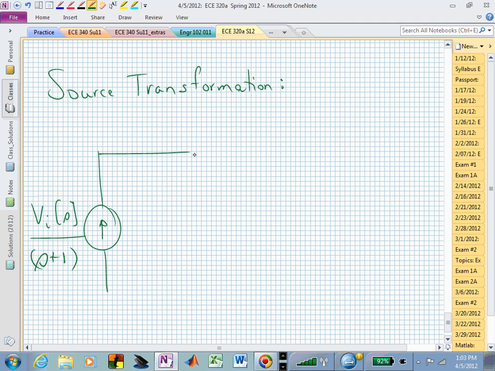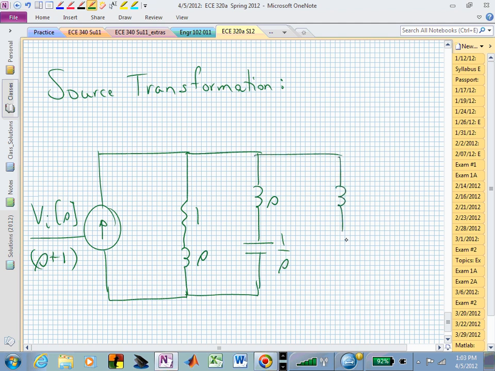Then we have that particular impedance. Here's the 1 and the s. Then we have this, which was s, and this was 1 over sC. And on the far right, again, we had an s, and this was 1 over sC, but here C was 1/2. So we end up with 2 over s, and we're after that particular